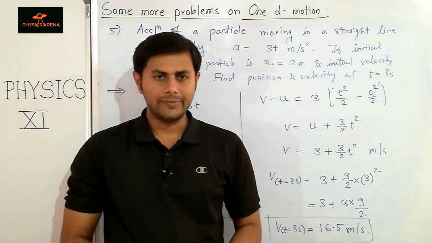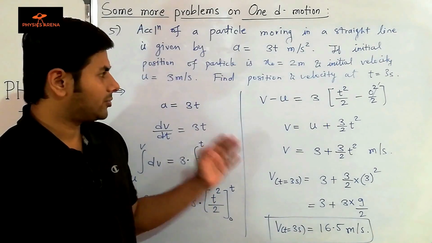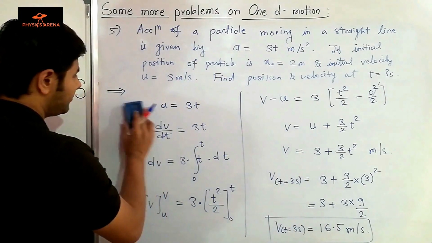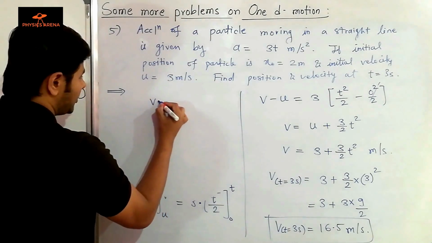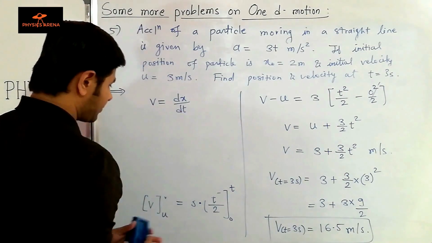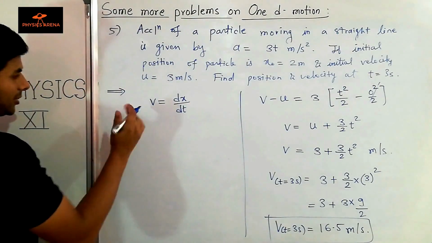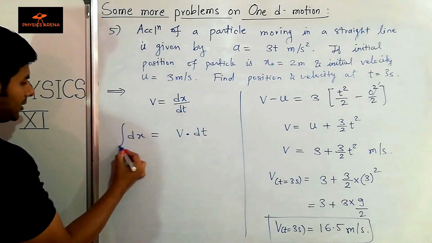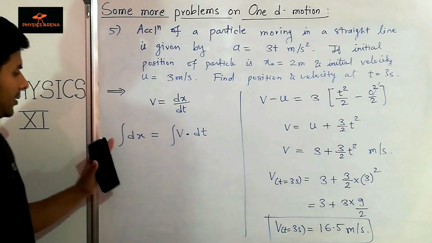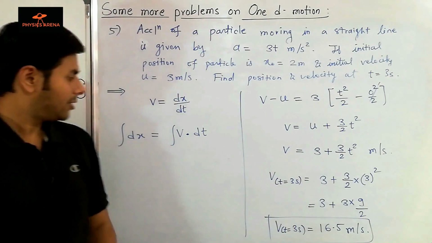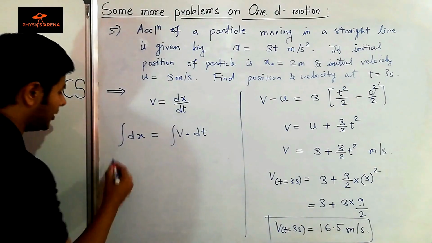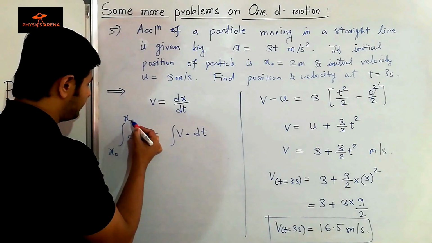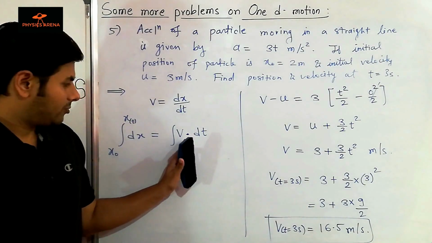Now we have to find the position at t equals 3 seconds. For that, we know we'll have to integrate velocity. So let me write v equals dx by dt. If I take this dt on the other side, I can rewrite this as dx is equal to v dt. Integrating this, I get the integral of dx is equal to the integral of v dt. What will be the limits? The limits here will be from x0 to some x at some time t. We can write x at t, and this v is,